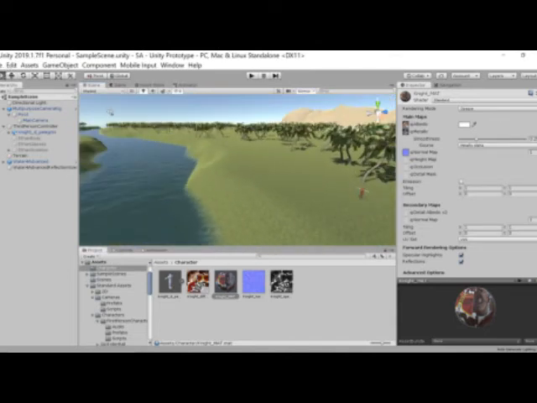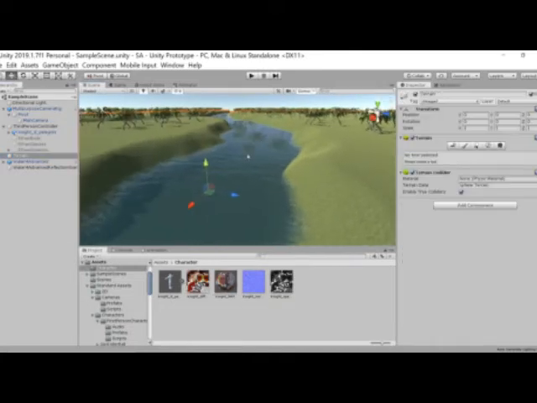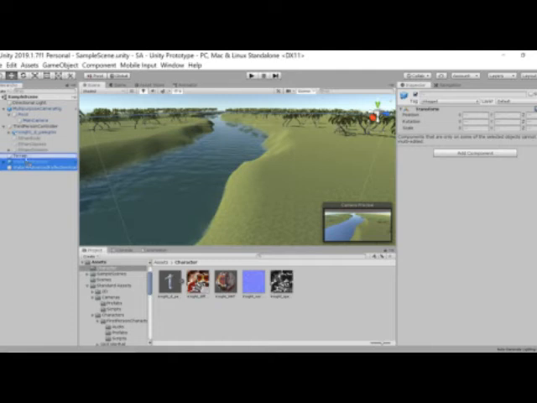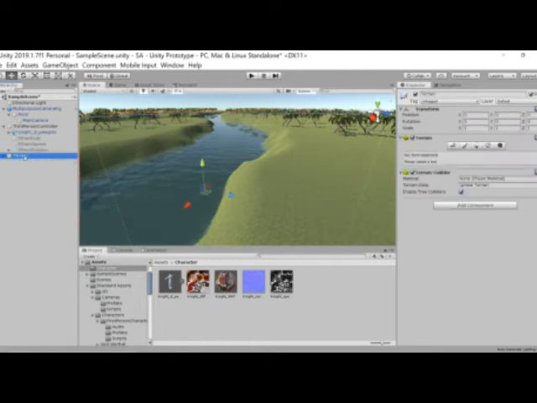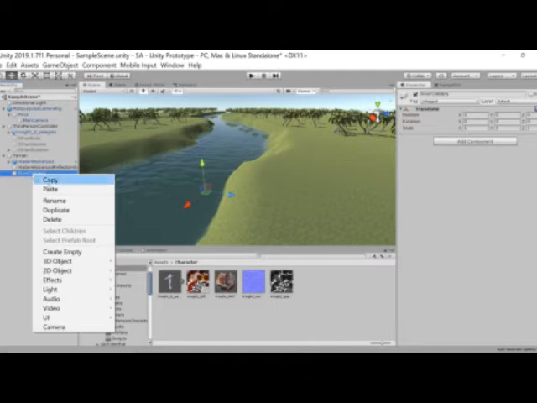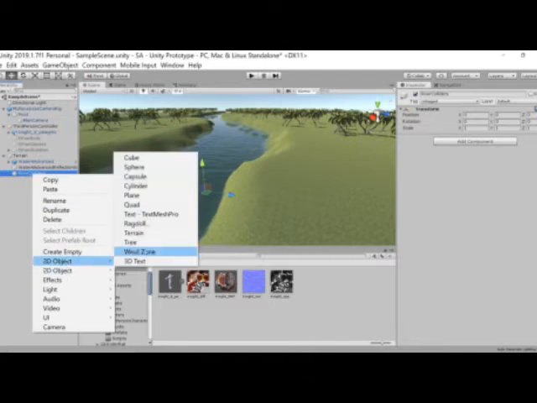So to prevent the character from getting there, in my terrain, I can put this anywhere, but for the sake of being organized, I take my water and put it inside my terrain, so that way they're not cluttering up my hierarchy. And then, also in the terrain, I'm going to create empty, and I'm going to call this river colliders. Again, this is just for organization. And then inside the river colliders, we create a 3D object cube,